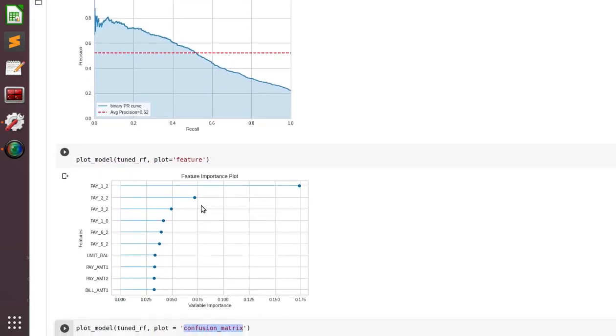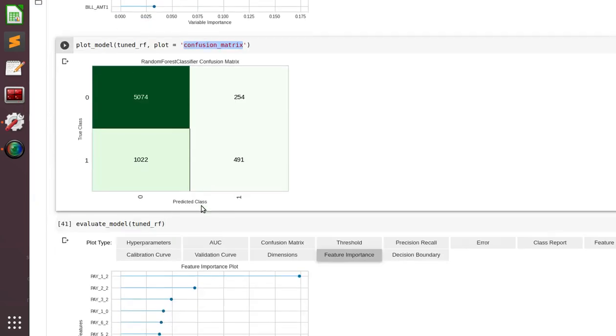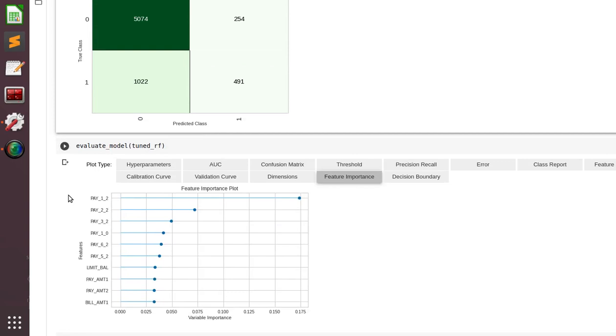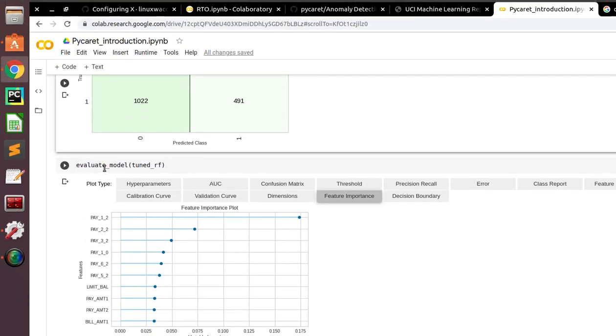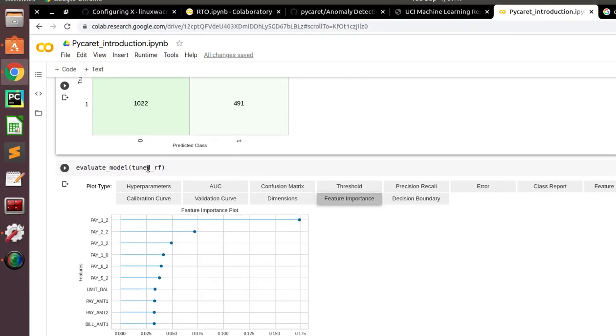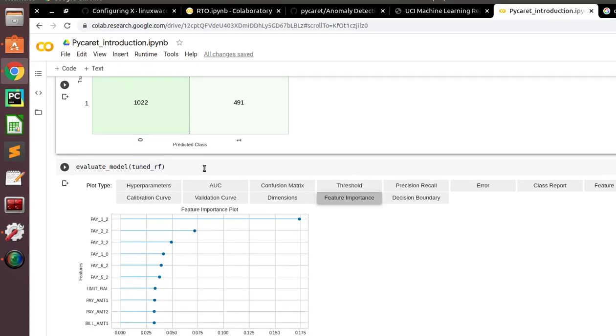But we have a solution for this, which is evaluate model. If you write evaluate model and provide the tuned model variable, you will get every kind of graph needed to understand the algorithm, the data, or the predictions.